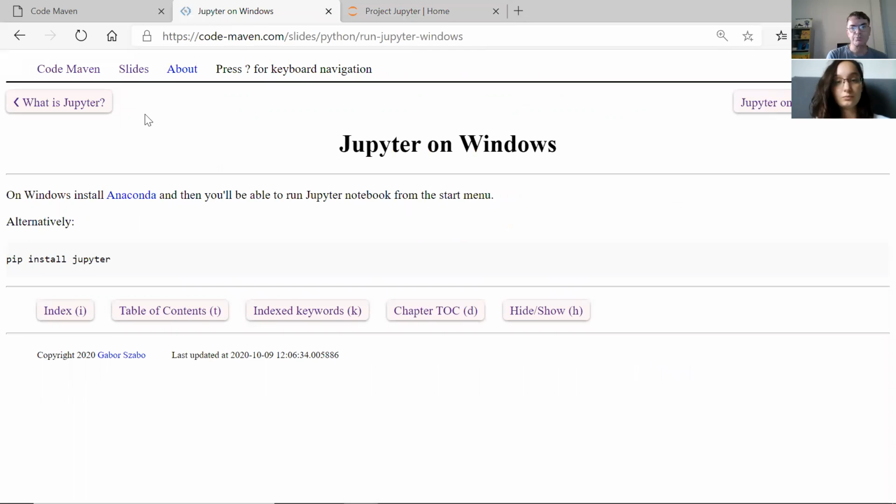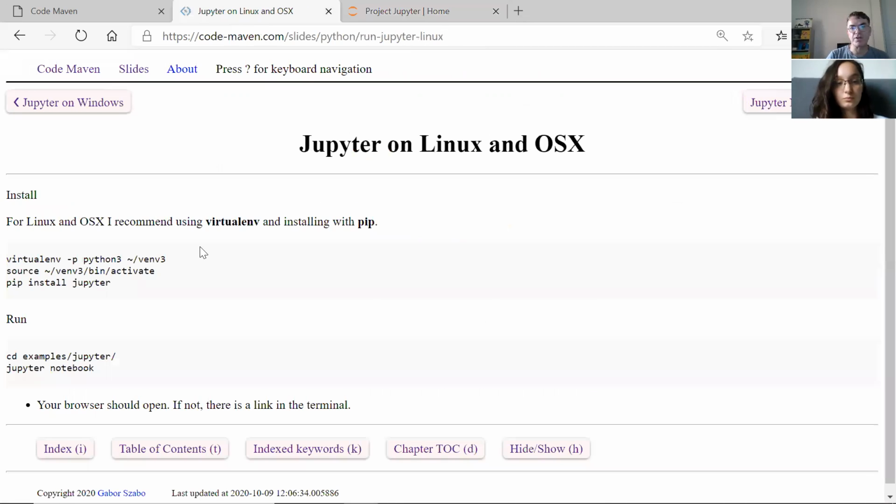If you have Anaconda, you probably already have it installed. If not, then you can just type in pip install jupyter and you get Jupyter Notebook. That's for Windows. For Linux, in case someone is trying to use Linux, you probably want to set up a virtual environment and then install in the virtual environment. Still, it's pip install jupyter. We haven't talked about the virtual environment because we're not talking about Linux too much here, but maybe that's going to be an add-on video